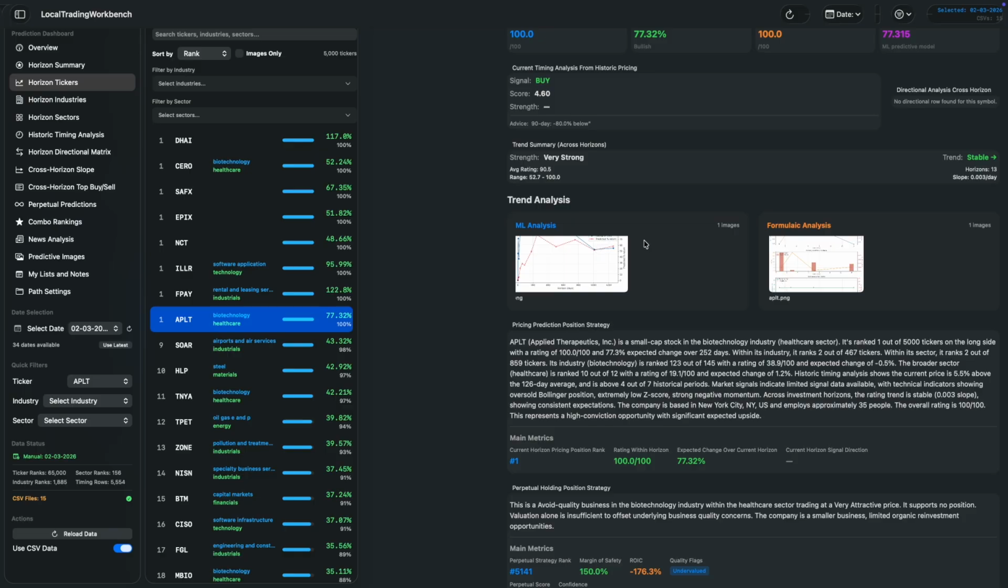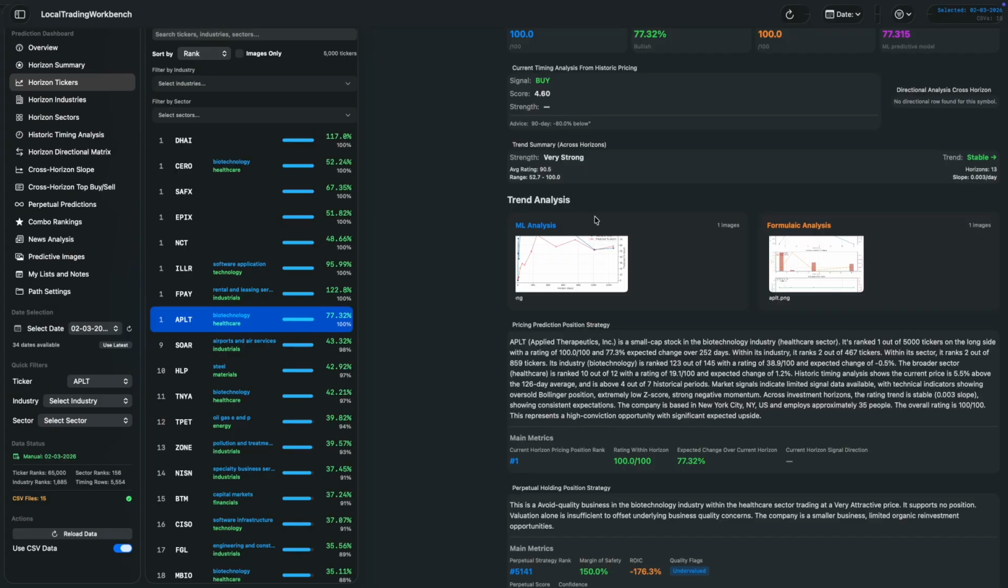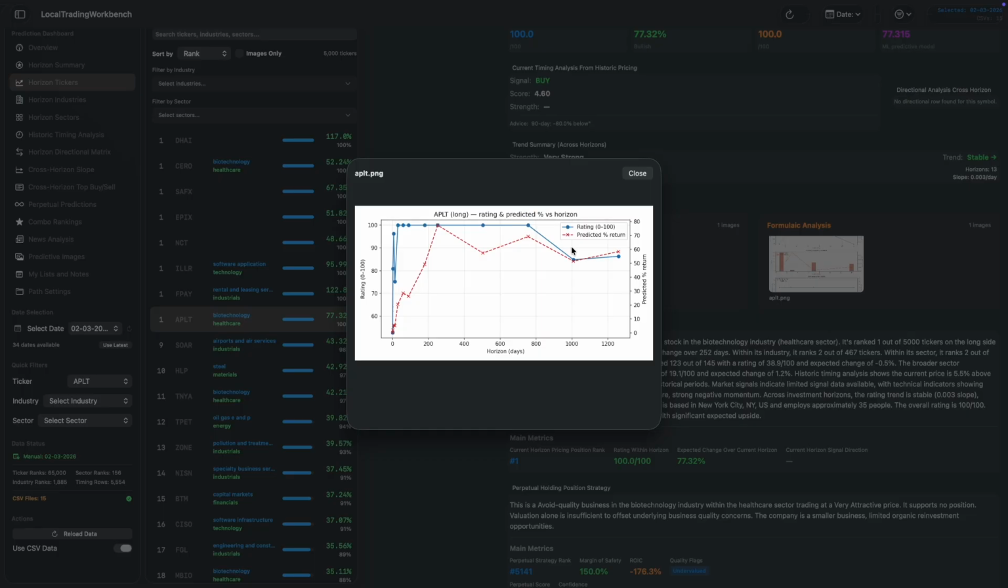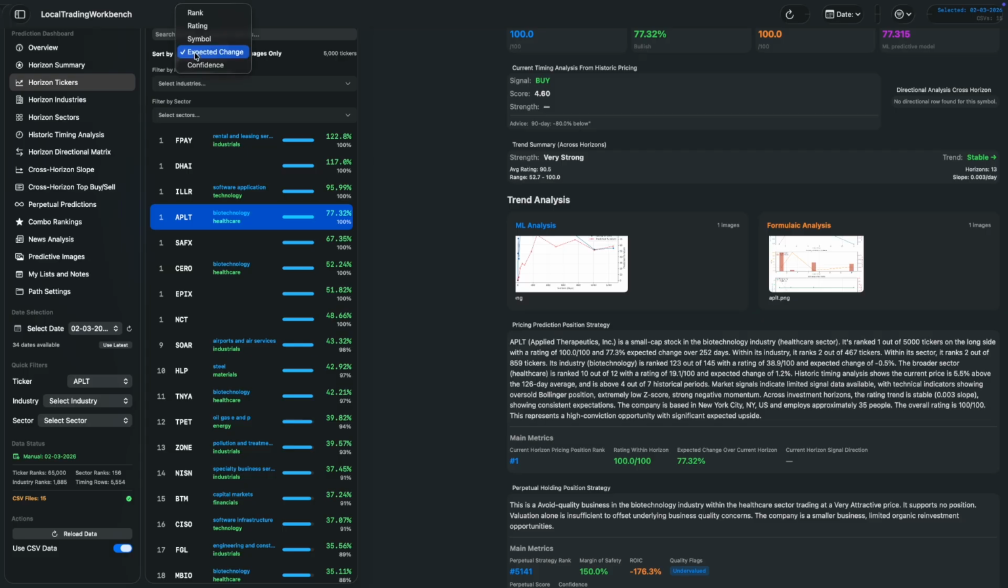The other one that's major is the formulaic one. It does the same thing: you see predicted change over a formulaic, independent formula of predictive future returns, and the same with the machine learning. And there's some summary information there, some additional statistics that come from other reports that we have